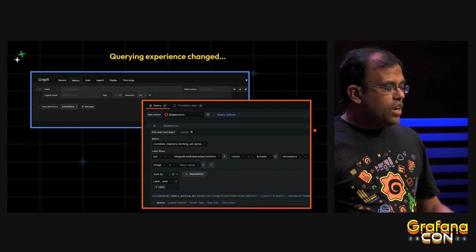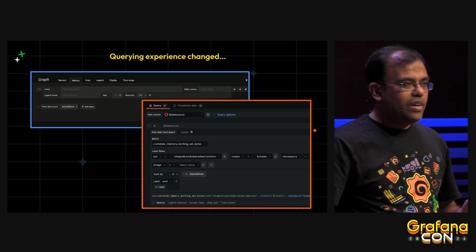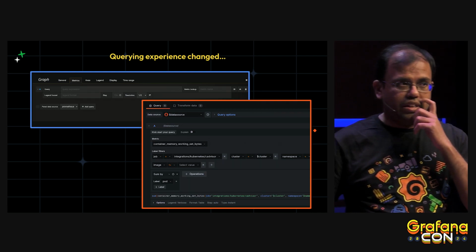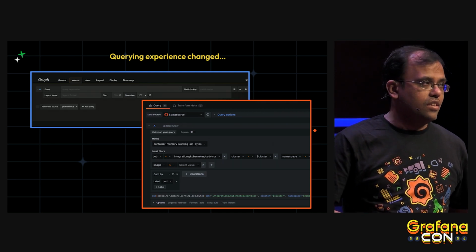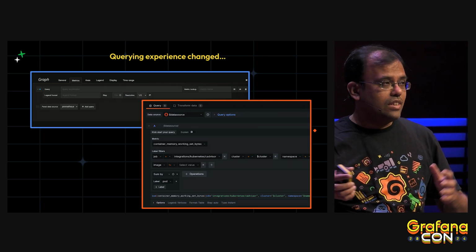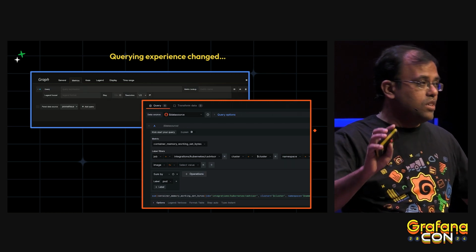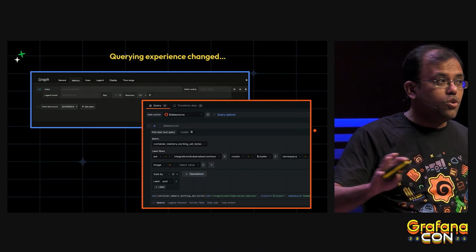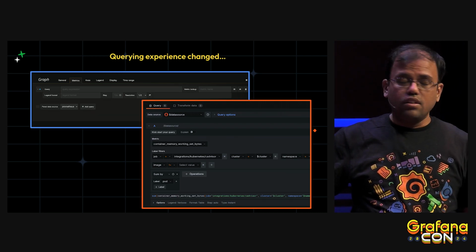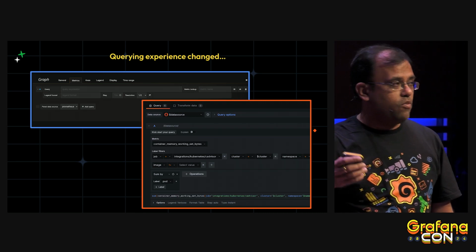Okay. So not only did we scale the number of plugins, but we also added new features and new capabilities to our plugins. Say, for example, our query editors. Can you imagine, the first query editor of Prometheus just had a simple text box which accepts inputs, no auto-completion, no query builders. But now we evolved into modern advanced query builders which do lots of work for you to make your queries.